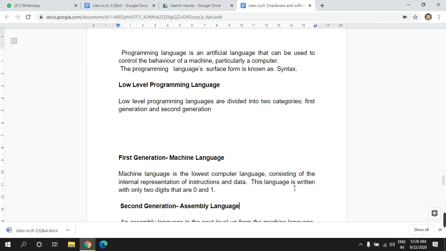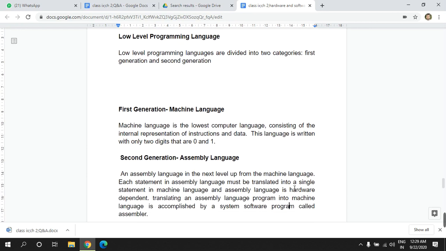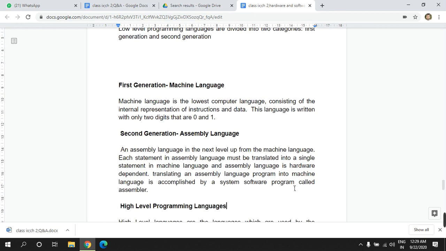So obviously the machine language, when we give instructions using it, then the instructions are understood by the computer fast, because we are giving instructions in the language of the computer. Then comes another low level language which is called the assembly language. The assembly language is another language which is more advanced than the machine language, easier than the machine language, but it also needs a software called the assembler to translate the assembly language to the machine language. So the assembly language is also dependent on the hardware. It could not work with every type of hardware.